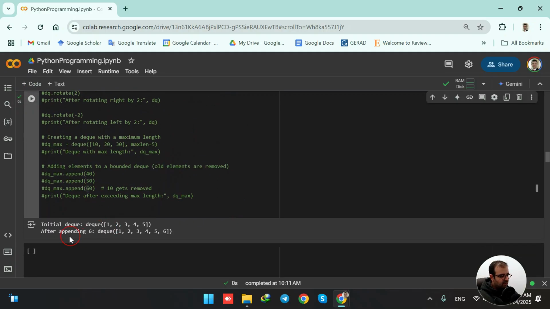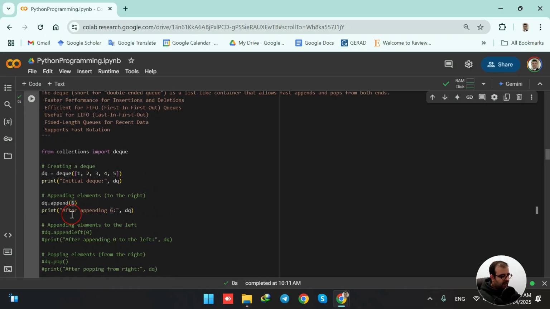So when I run this code, we see after appending 6, the deque looks like this: 1, 2, 3, 4, 5, 6. 6 is added on the right side of my initial deque. So here is the code. DQ, the name of my deque, and dot append. In parentheses, we write down the value that we want to be added to our deque, and simply I'm printing